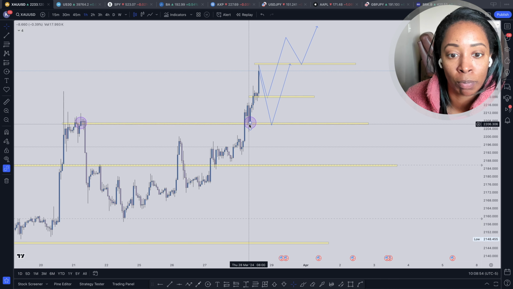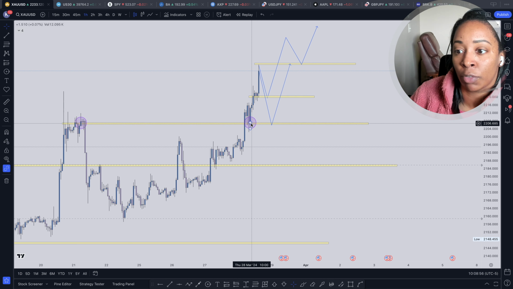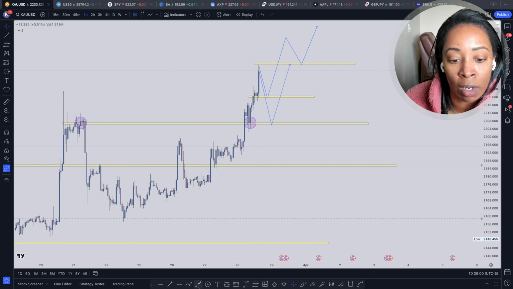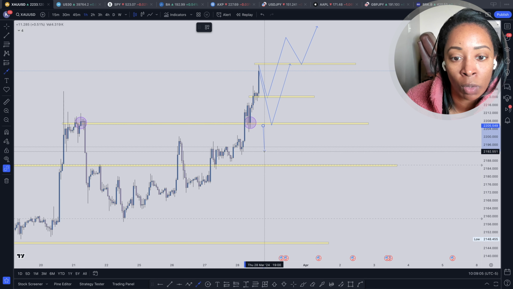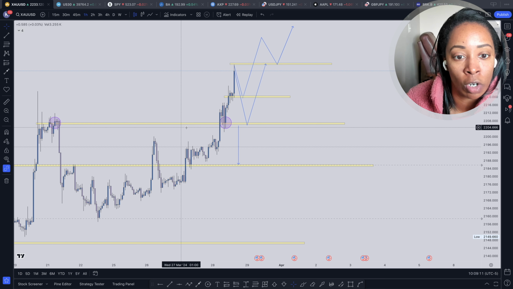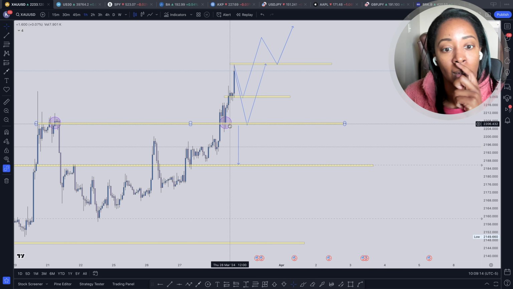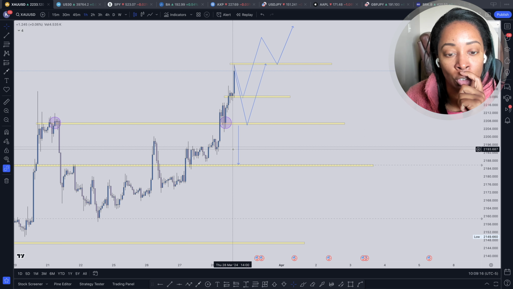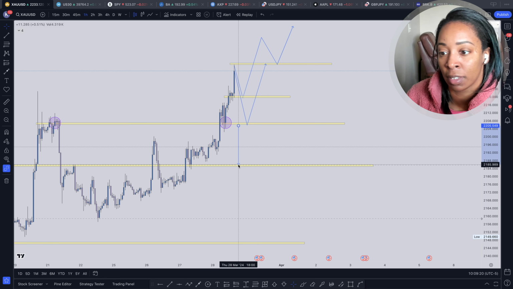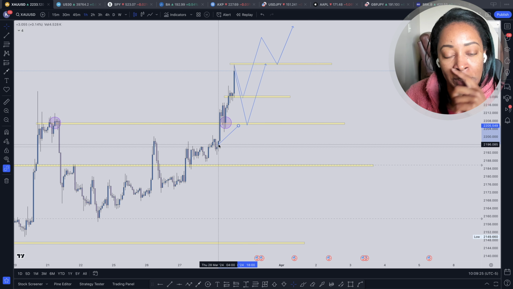If price was to break and close below this level, and this level is roughly 2200, that price could come down here. Let me draw this out. So it could come down here and play in this zone. And I say that because of this strong support resistance level right here. And this could be a good counter trend trade, but I probably wouldn't anticipate for price to come all the way down to this 2185 level, mainly because we have some consolidation over here.